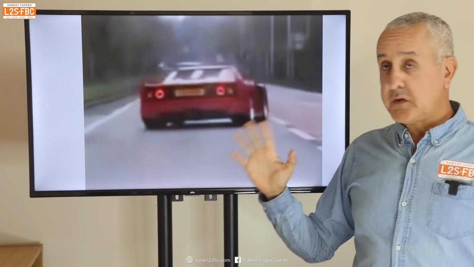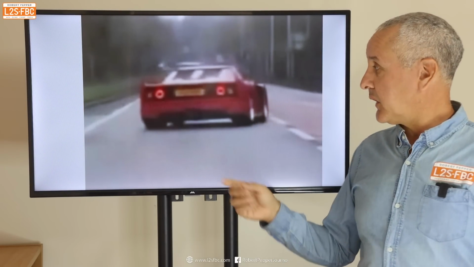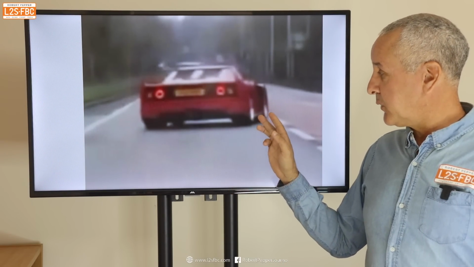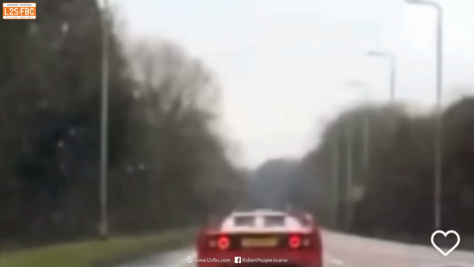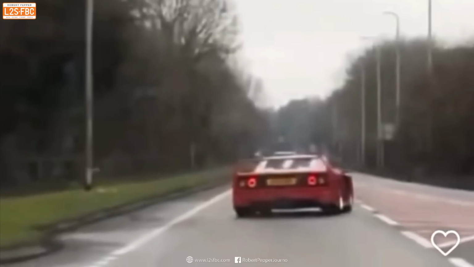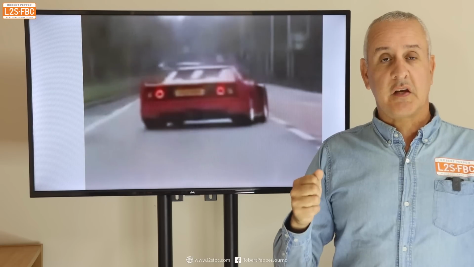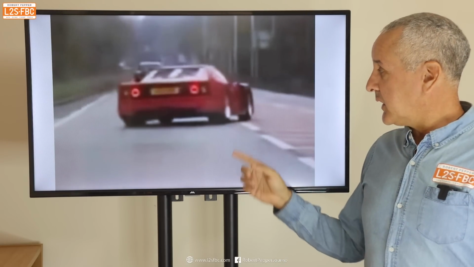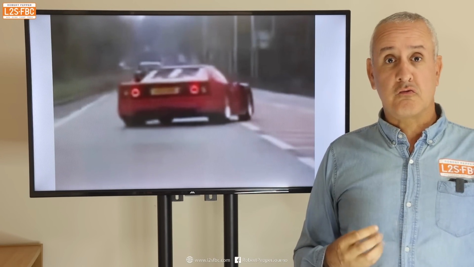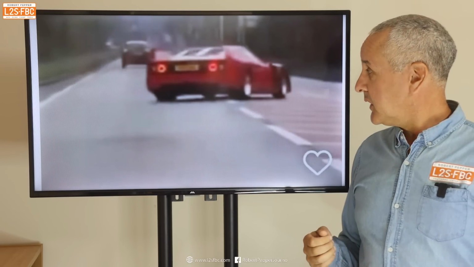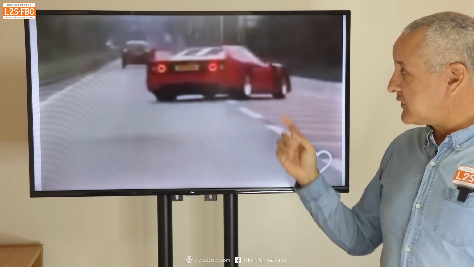Okay, so what do you notice about this sequence of photographs? This is the first time we can see the front wheels of the car. You notice they're pointing straight ahead, in line with the rear wheels. In other words, the driver seems to have kept the steering wheel dead straight. Again here, the driver's steering wheel seems to be dead straight, and again, well, maybe that's just turned a fraction